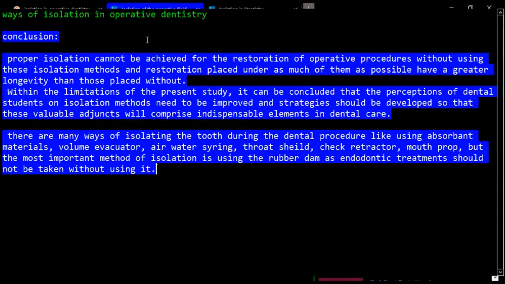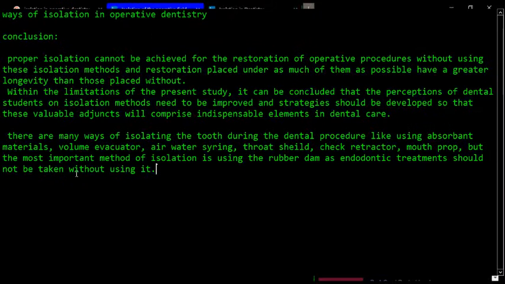There are many ways of isolating the mouth during the dental procedure, like using absorbent materials, volume evacuator, air-water syringe, throat shield, cheek retractor, mouth prop. But the most important method of isolation is using the rubber dam, as endodontic treatment should not be taken without using it. This was our conclusion,